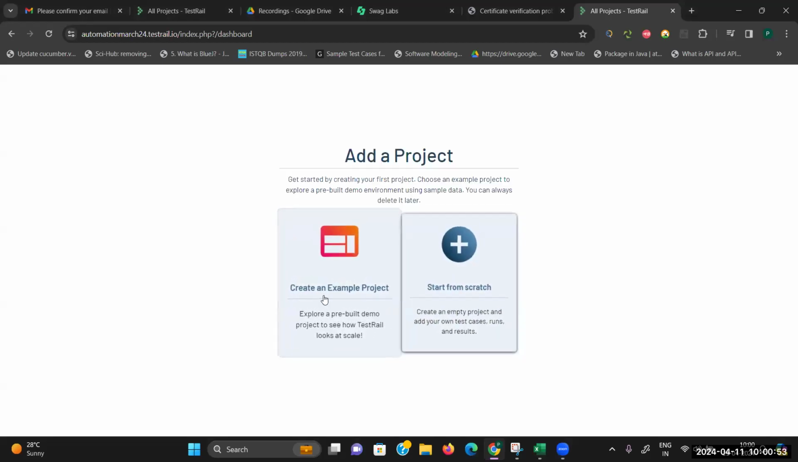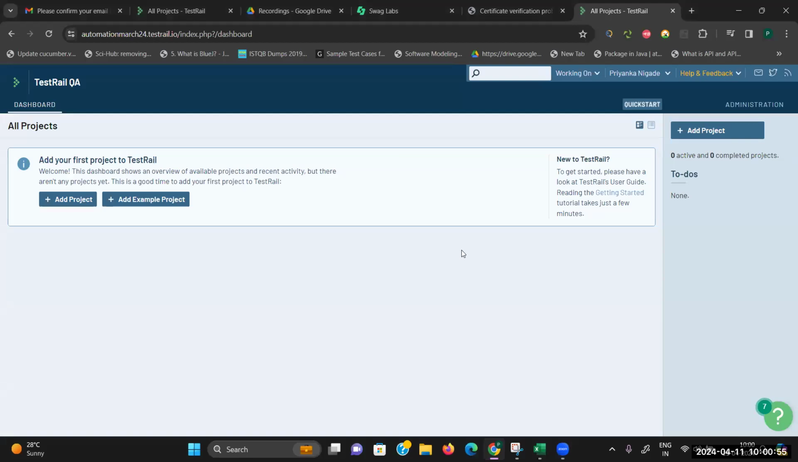It is asking whether to create an example project or start from scratch. I will be doing it from scratch. You can see you are getting guidance from the TestRail tool on how to start. If there is no project in your dashboard, first of all, you have to create a project. The steps are very simple. TestRail is test case management, so we are going to understand how to create a project and how to create different suites, like an inventory page, a login page, right? For every feature, we can create a separate test suite